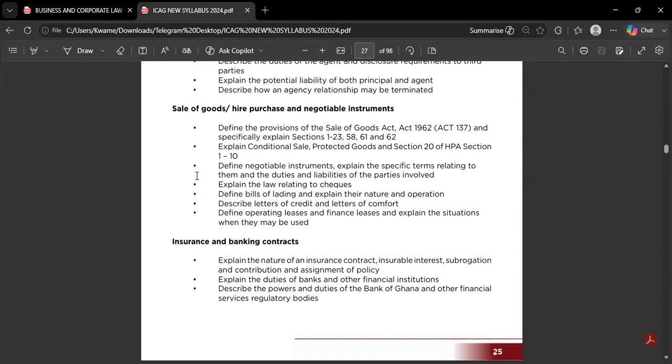Both of them have their duties. The seller has to deliver the good. The buyer has to accept and pay for them. The seller has to make sure that the goods are according to what was agreed. And under sale of goods, we have ascertained and unascertained goods. Ascertained is where the goods are ready and can be seen and delivered. Then we have unascertained, where the goods are only agreed on.